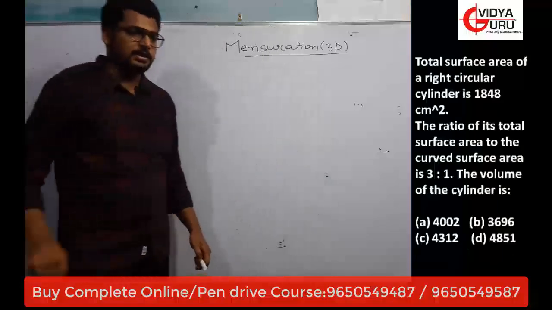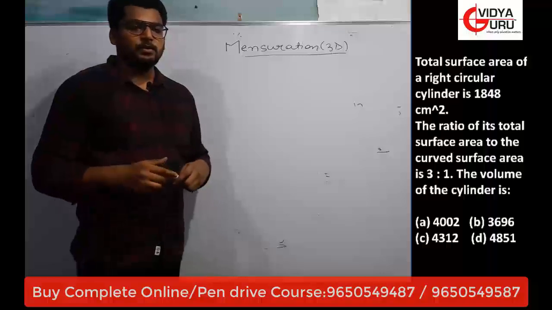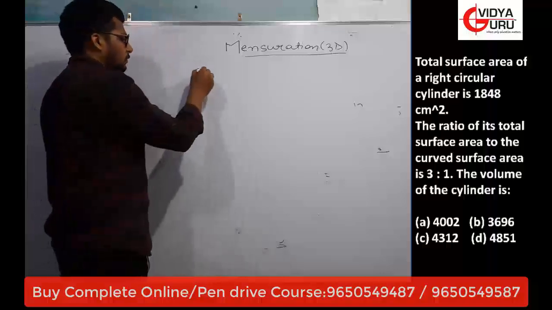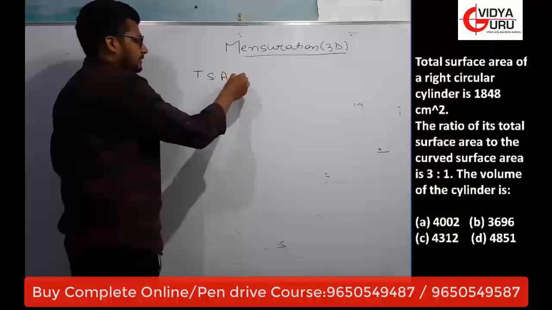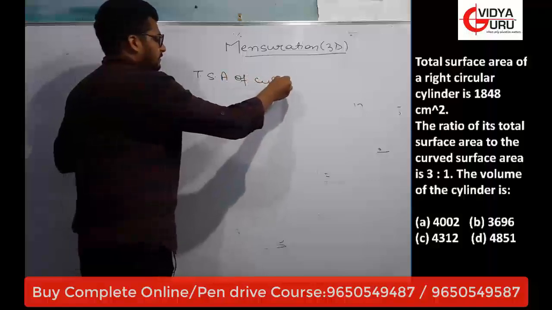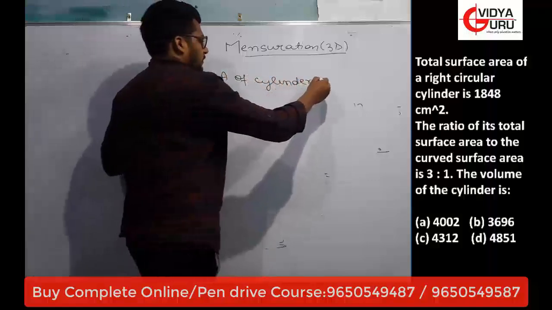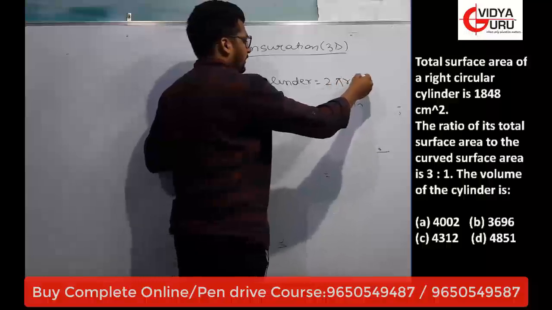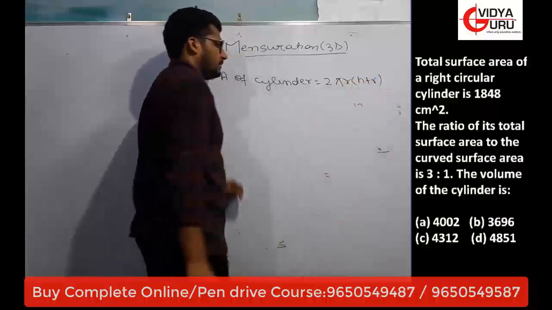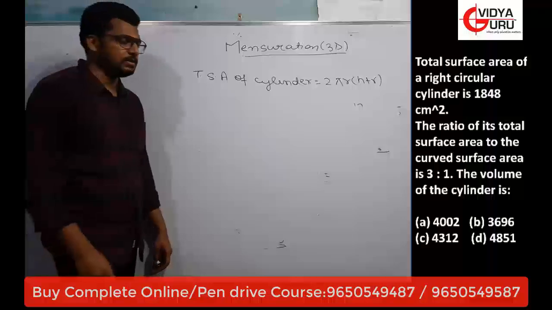What is the next question saying? The total surface area of a right circular cylinder is given. What is the total surface area of a cylinder? It is 2 pi r bracket h plus r. This is the TSA of the cylinder, and in this it is given